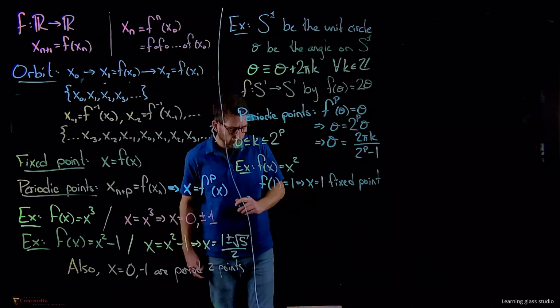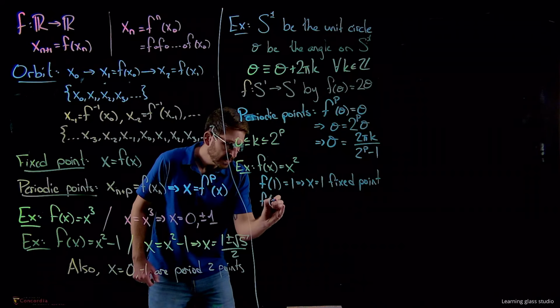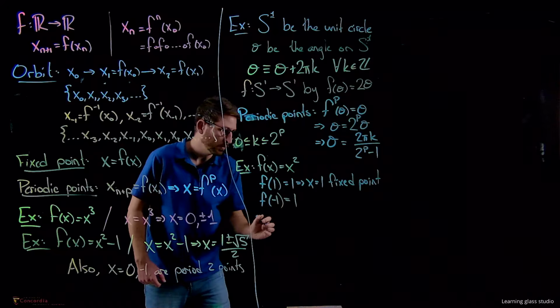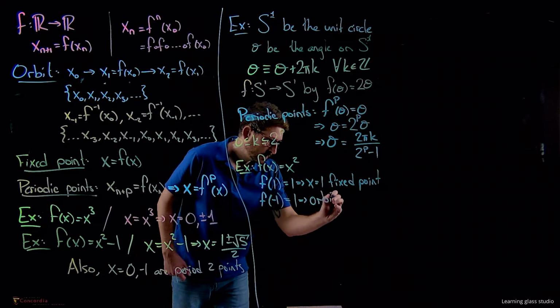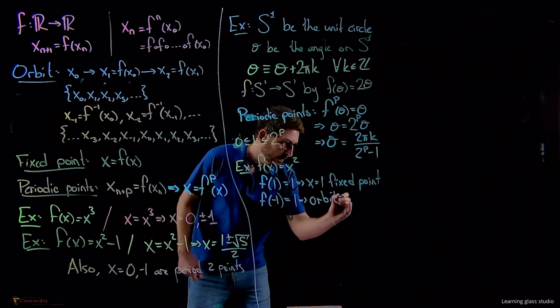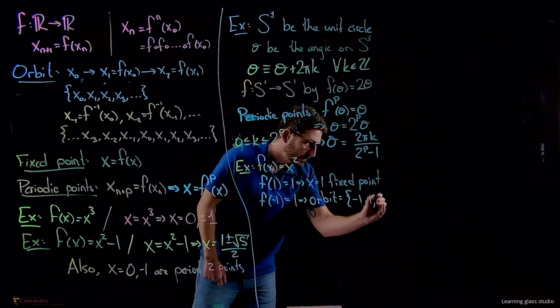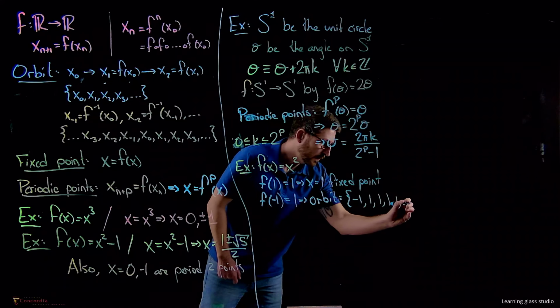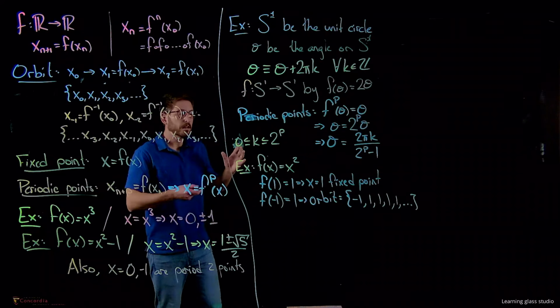Same with 0, but what I want to look at is f of minus 1 is equal to 1. So the orbit, if I started at minus 1, would go minus 1, 1, 1, 1, 1, and so on and so forth. So it is an eventually